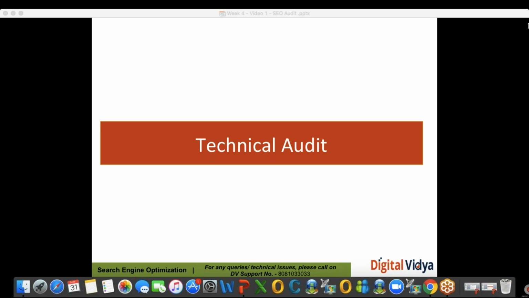After that we learned more about the audit, and how to perform it with some quite famous tools in this industry. In Tuesday's class we learned about on-page audit and off-page audit. Before on-page, you learn about the crawling and indexing audit, which you have to carry out manually. When we talk about tools, I also said that there are n number of tools available on the internet, but always go with the tool which is meant to achieve a specific objective.